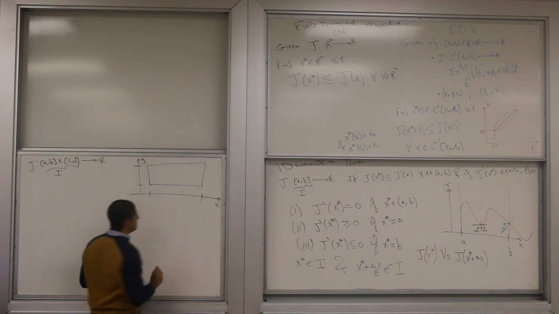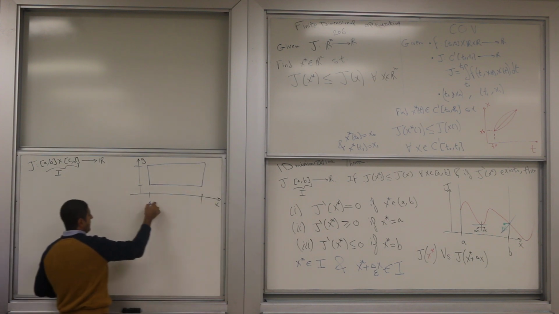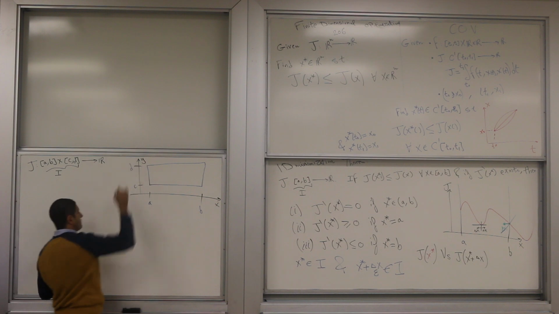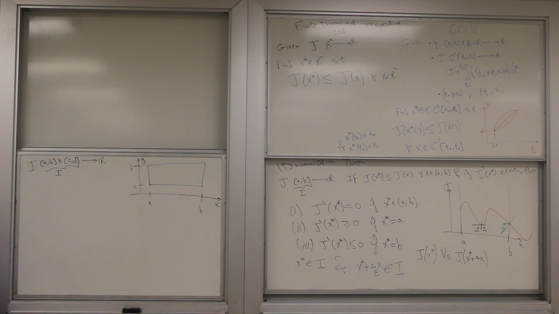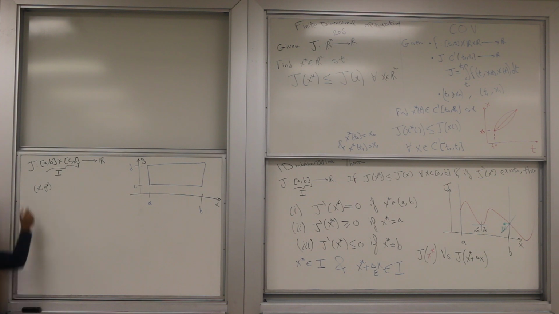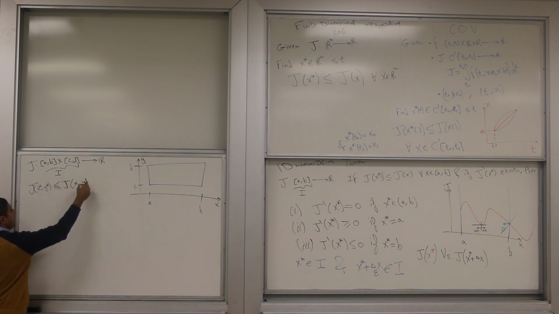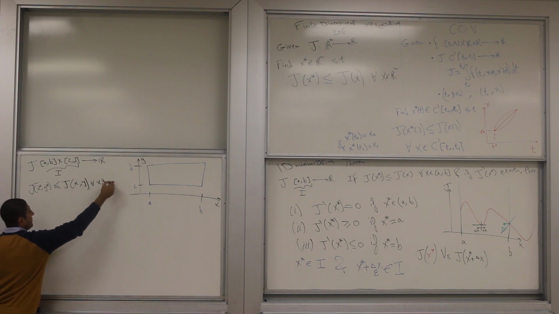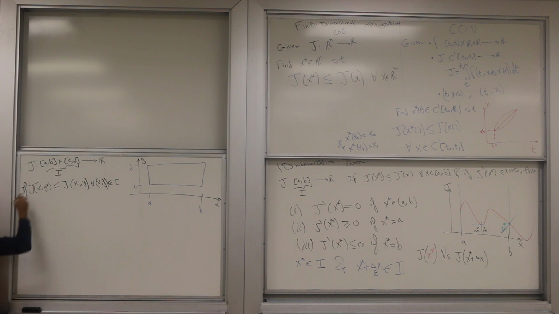A, B, C, D. The theorem: if x star, y star minimizes J on the domain, how do you write it? J of this point is less than J of any x and y, for all x and y in I, right? If this is satisfied,